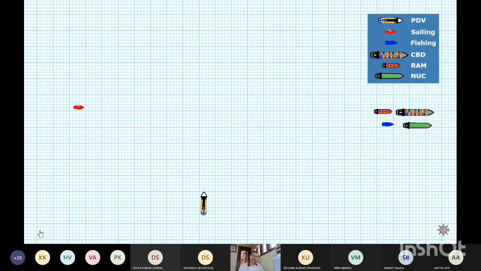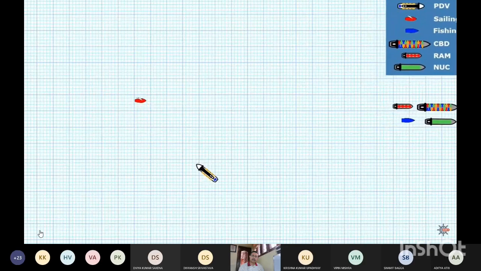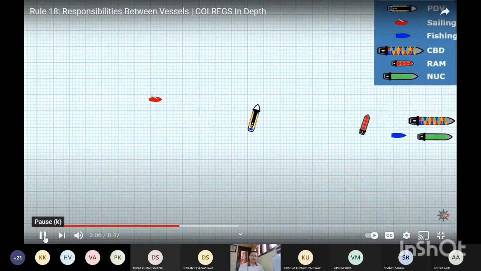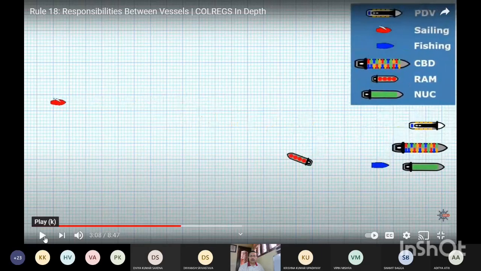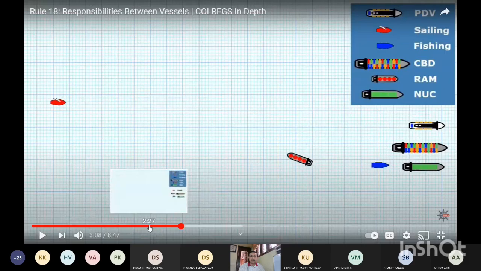Here we've got the power-driven vessel approaching the sailing vessel. Of course, when it's two different vessels and risk of collision exists, Rule 18 will apply, which says power-driven vessel underway has to keep out of the way of, among other things, a sailing vessel. So all that's going to happen is it's going to alter around to port and pass clear astern of the sailing vessel. Now, Rule 18 doesn't say what action you have to take, it just says that you need to keep out of the way of. So coming around to port in this situation is absolutely fine.